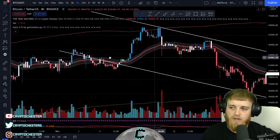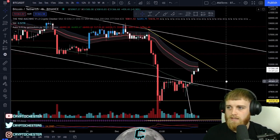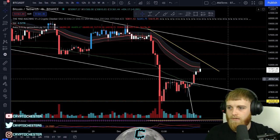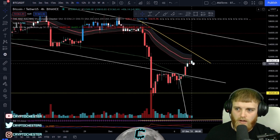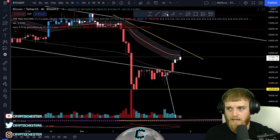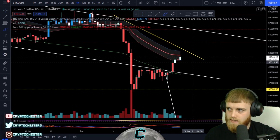So yeah, it's quite an interesting indicator coming through here, quite an interesting thing to be using here. I guess you could say it's kind of like the EMA ribbon, but not quite. It's made up of a lot more moving averages, not just like 5 or 6, right? Takes a nice big average across the board there. As you can see, we are coming into this white sort of section in terms of candle colors here. So that's obviously going to indicate potential ranging opportunities there for Bitcoin, which is going to be quite nice, to